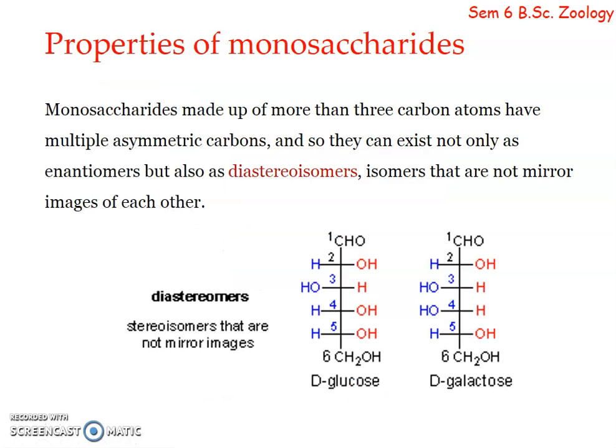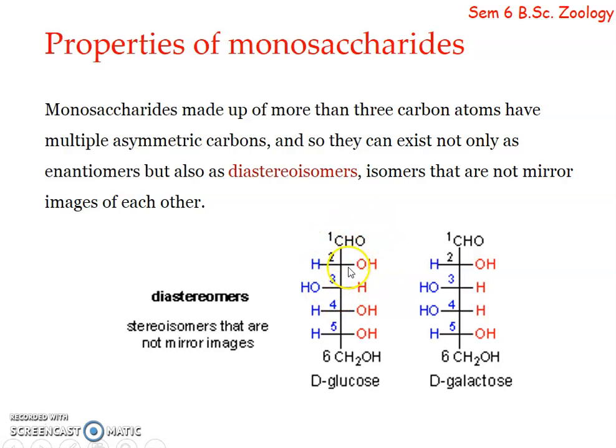Now, coming to diastereomers, we already mentioned that monosaccharides that are made up of more than 3 carbon atoms have multiple asymmetric carbons, that is more than one asymmetric carbon. So they exist not only as enantiomers but also as diastereomers. Isomers that are not mirror images of each other are diastereomers. Typical example, D-glucose and D-galactose. If there was a mirror plate over here, and we need to find